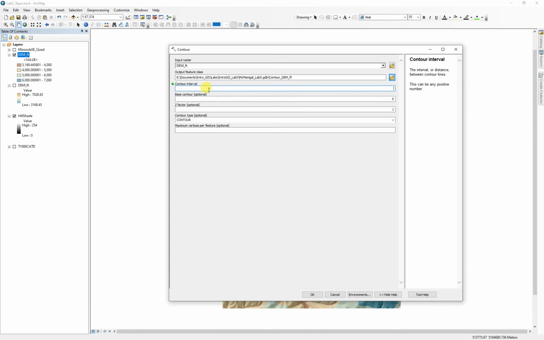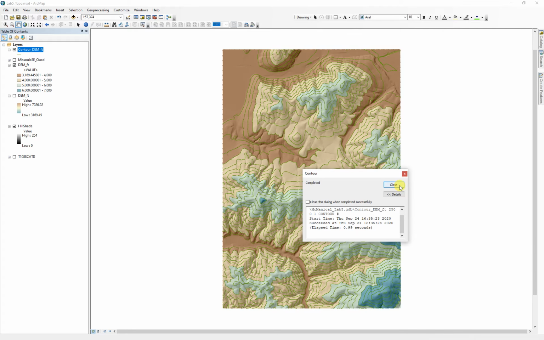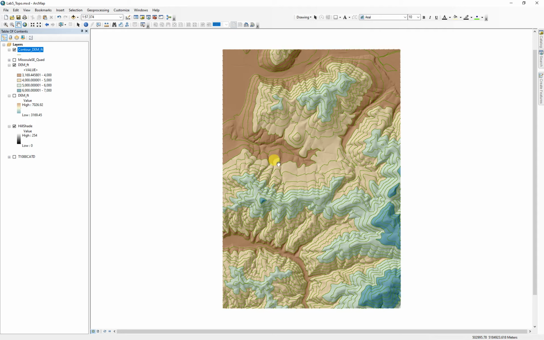We're going to go ahead and just make it 250 so we don't have too many. Base contour, we'll leave that at 0, and Z factor and all that is just fine. And then we're just going to hit OK. We'll let it run, and there you go. So see, it generated contours every 250 feet, and then every 4th one ends up right on the 1,000 foot